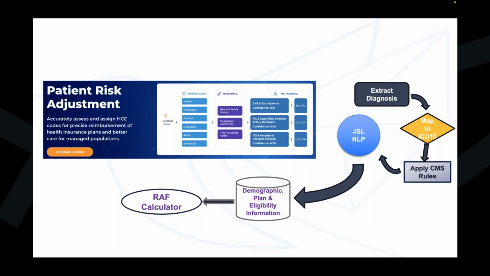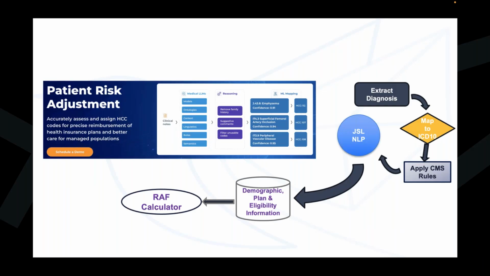It can be done in real time as well, but for the most part it's in batch, using the NLP pipelines that we have. So we have the core and JSL NLP pipelines that we run. We extract conditions, diagnosis chunks, and map them to ICD codes. Then we have CMS rules on top. For example, how do we look at historic conditions? How do we look at differential diagnoses? There are very specific